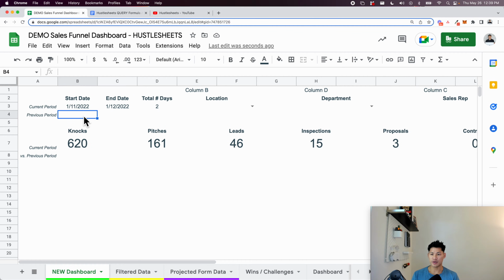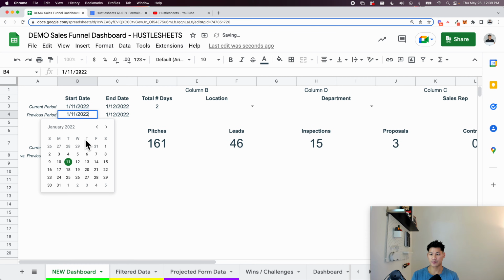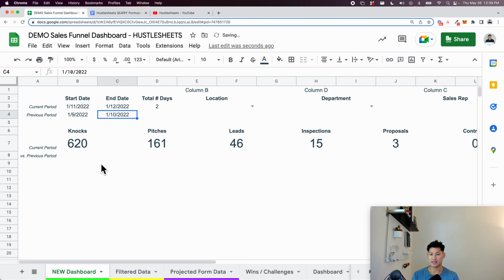Now the previous period in this particular case is obviously going to be, so 11 to 12 is now going to be 9 and 10, right? So it's 2 full days here, and we want to show the 2 full days here, right? So to do that, all we're going to do is take the start date and subtract this number here. So I'm going to copy this here, and then I'm going to type in equals this start date minus,